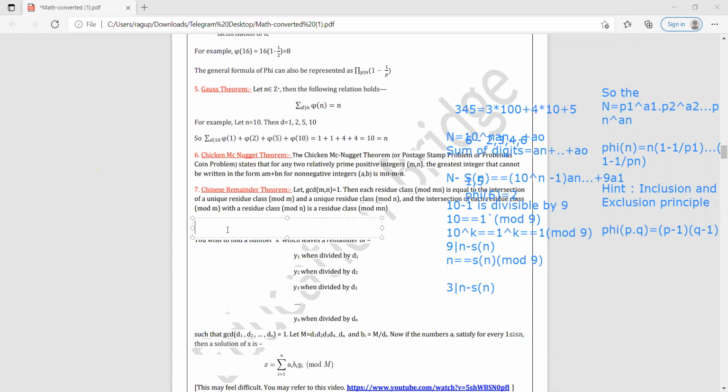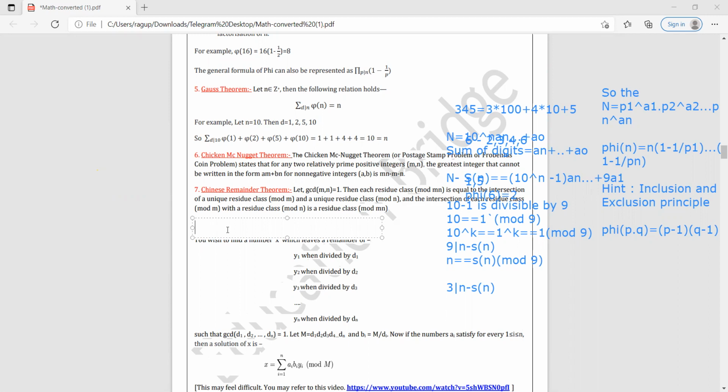But what is it basically? We know that we sometimes need to solve congruences. So if we have many congruences, for example, x